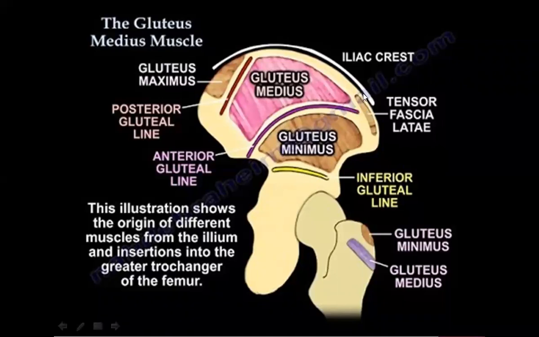Okay, on the ventral segment of the iliac crest, there is a tubercle in this region, which will be called the iliac tubercle. So the anterior gluteal line travels up to the iliac tubercle, whereas this posterior gluteal line will be traveling up to the dorsal segment of the iliac crest. So the importance of the lines is that